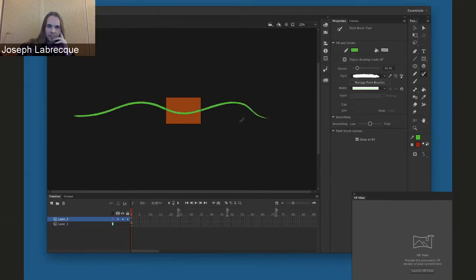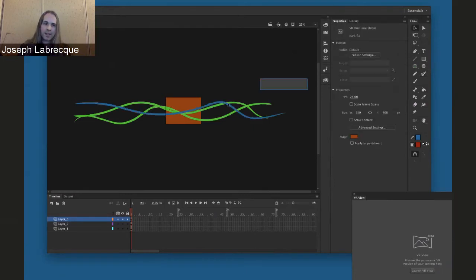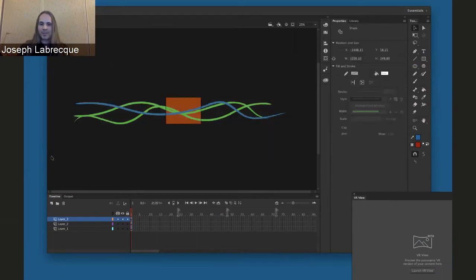Let's create a new layer. Draw another one. Maybe change to blue. And draw one more. Okay. So now we've got a bunch of wavy lines here. None of this is actually panoramic yet, right? However,